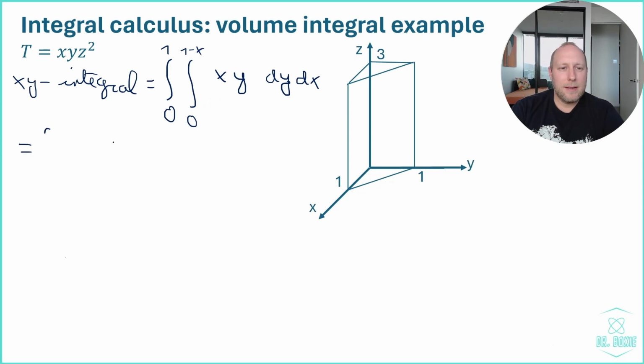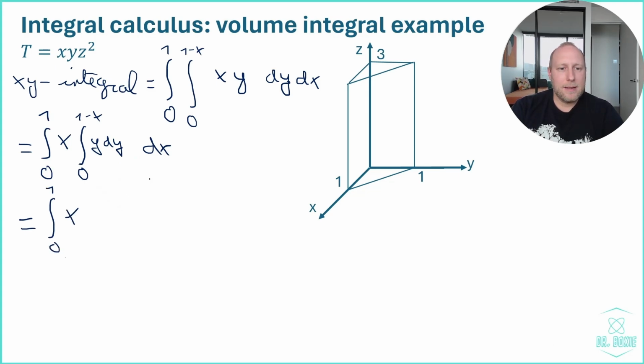So this gives us the integral of 0 to 1 of x times the integral of 0 to 1 minus x of y dy dx. Now the integral of y dy is y squared over 2. So this is the integral from 0 to 1 of x times y squared over 2 evaluated between 0 and 1 minus x